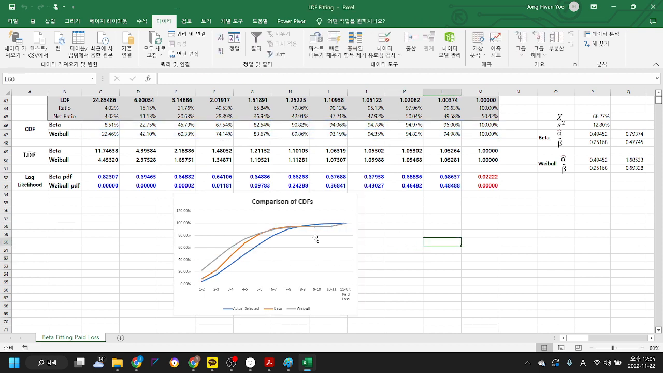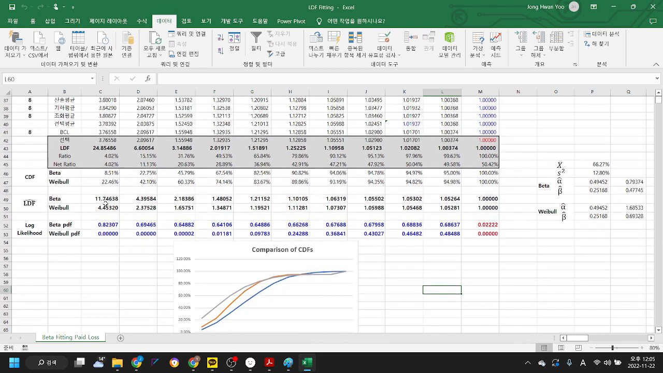something like this. You can interpret this as, let's say, the payment proportion for each development period. And you say here in the first year, it pays only 4%, and beta 8.5%, Weibull 22.4%, which is like the actual occurred. So I'm not sure which one I have to choose. But